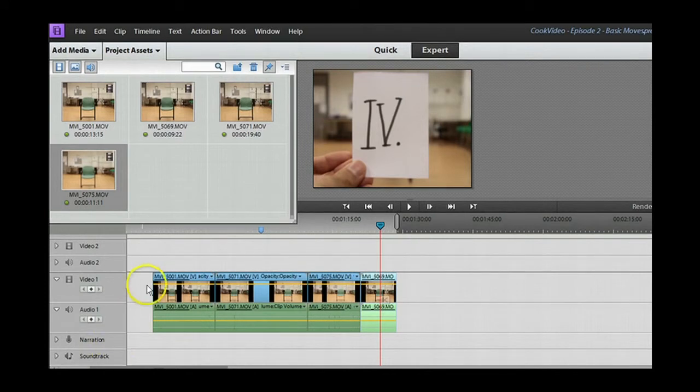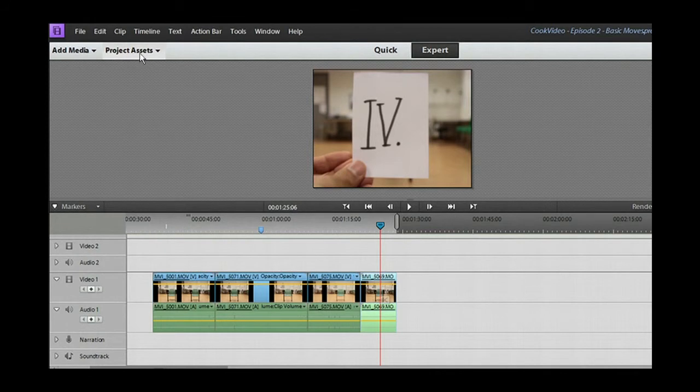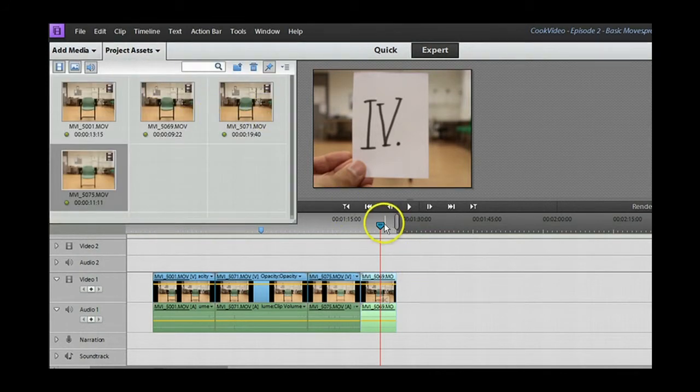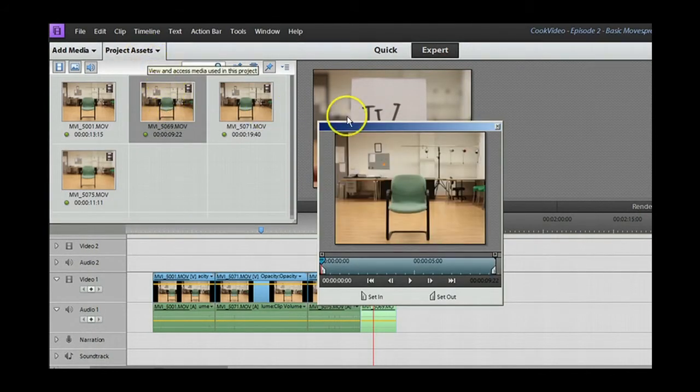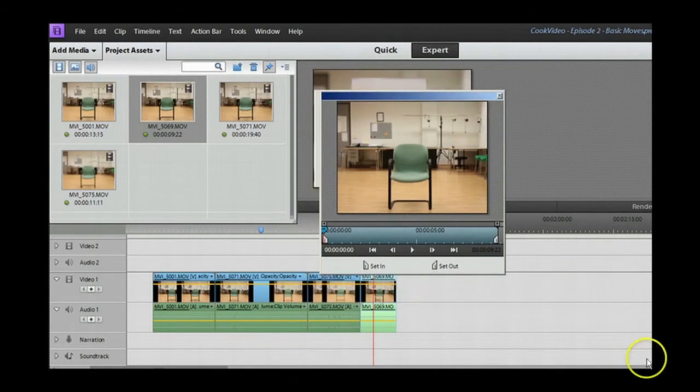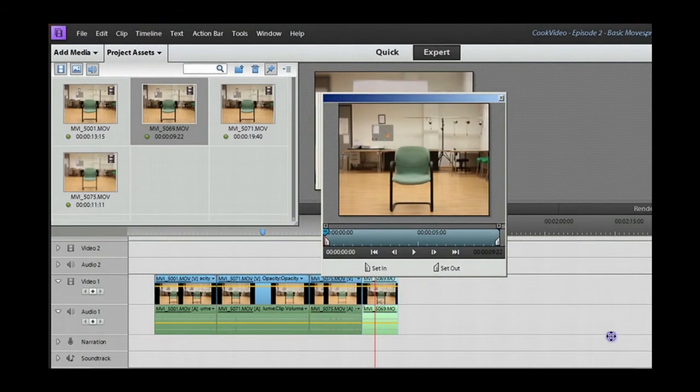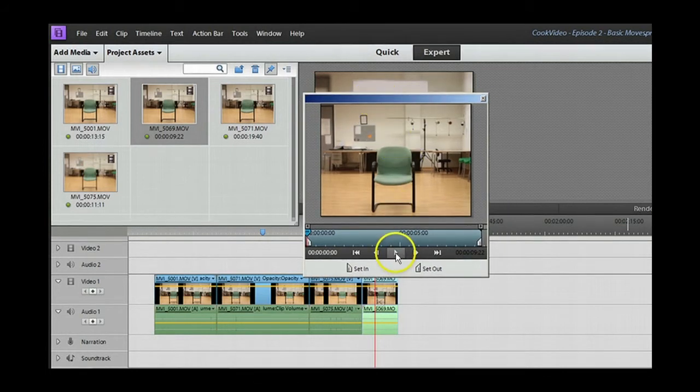And finally, I will show you how the preview window works. So another way to select a part of a clip you want to use is by double clicking on it here in Project Assets, and then you get this little window. What does this window do? This is a preview monitor. You can play the clip,